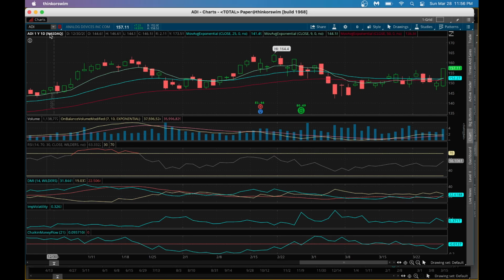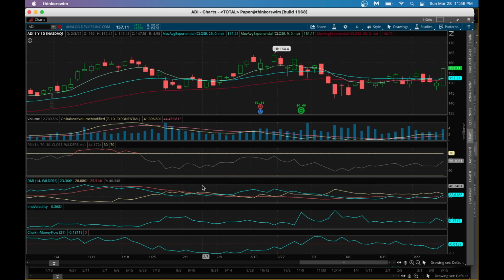ADI, Analog Devices. As you can see here, the stock is trying to get some momentum with the green bars. And if you look at RSI itself, RSI is showing some strength. It's trying to become bullish. And if you look at DMI, it's a good